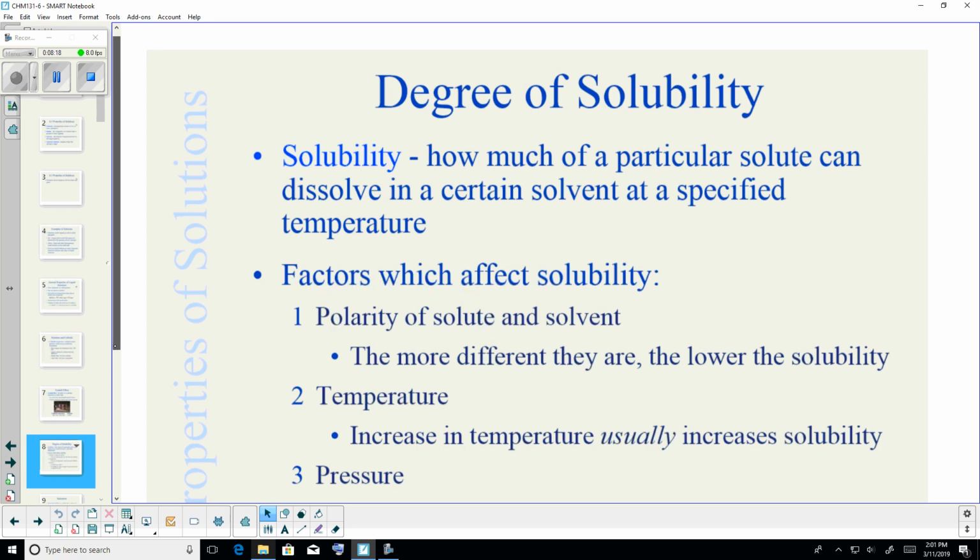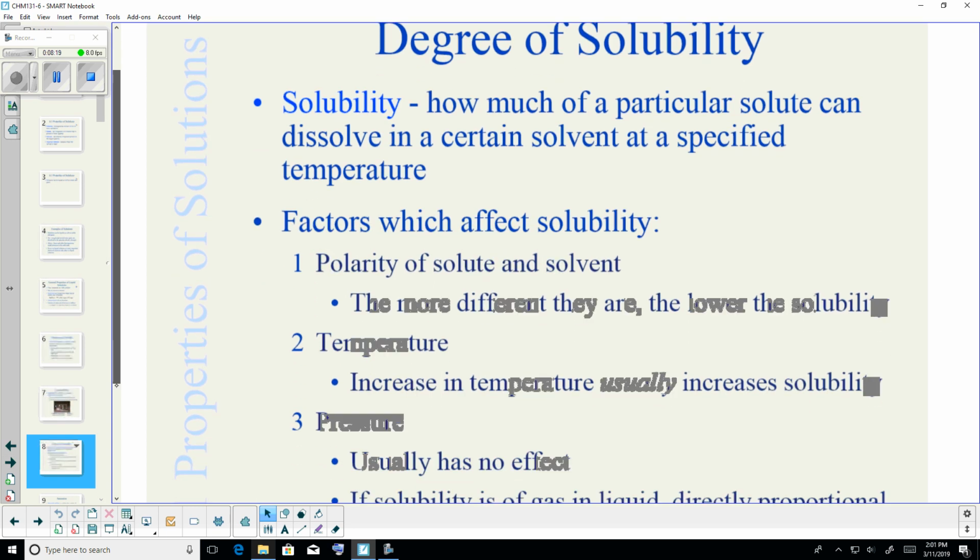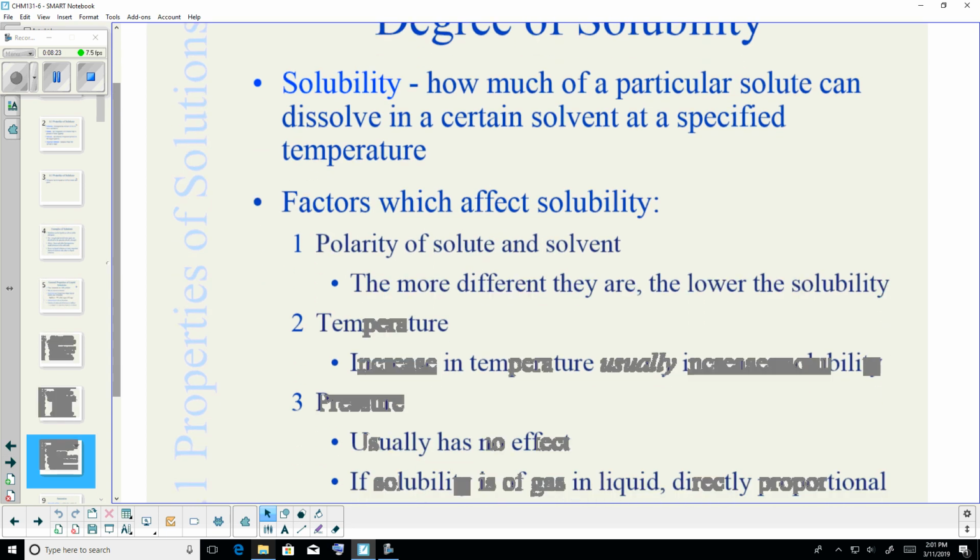What affects the solubility? The polarity of the solute and the solvent. The more different they are, the lower the solubility. So the rule of thumb is like dissolves like. Polar compounds dissolve polar substances. Water is polar, so it dissolves polar substances like salts, usually. Nonpolar solvents dissolve nonpolar compounds. So oil doesn't dissolve in water, but will dissolve in gasoline